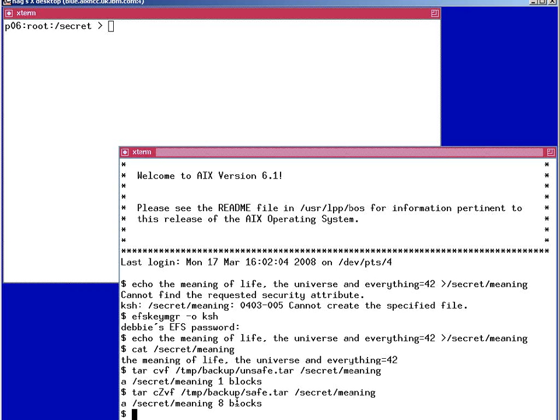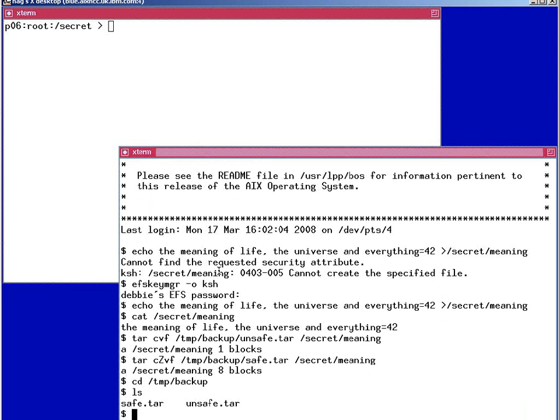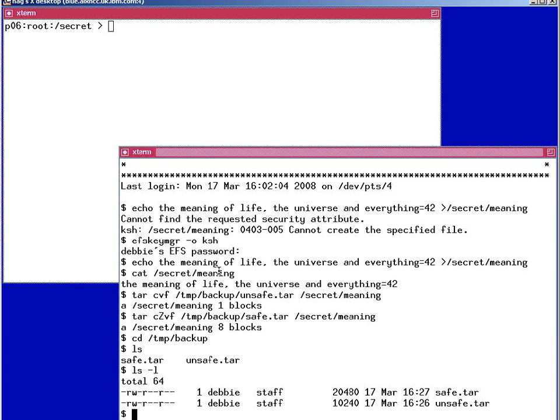I should make it clear also that to get that data back, you also need the Keystore, not just the password, to actually get the data back. And so it is important for us also to back up the Keystore. Okay, so if we change to that directory, we find we have 2 files in here, and let's try something